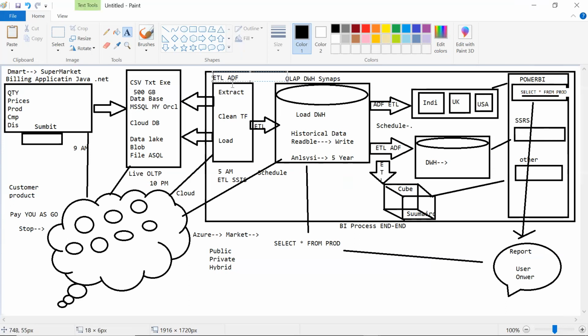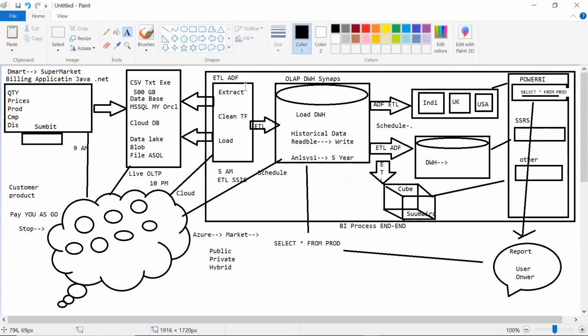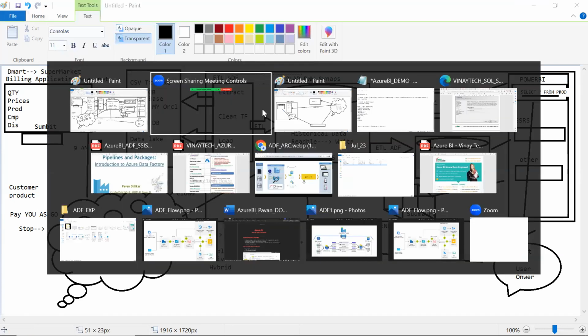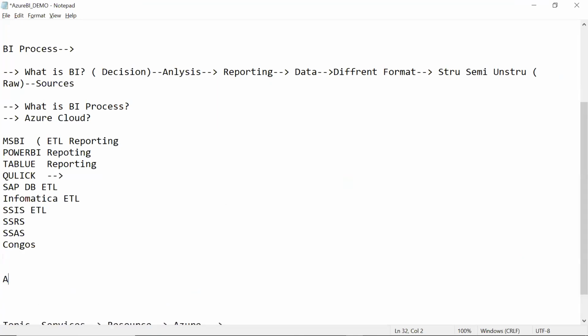Only they know Azure. Inside Azure, what we do, they don't know. So inside Azure, there's one of the part of service. Azure is a very big subject. In the Azure, you need to decide